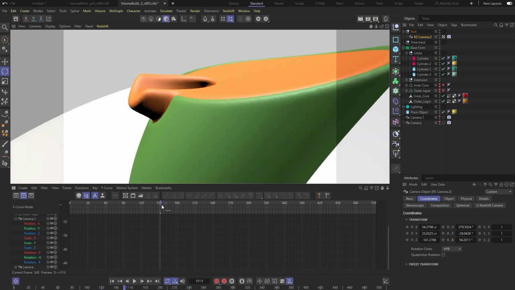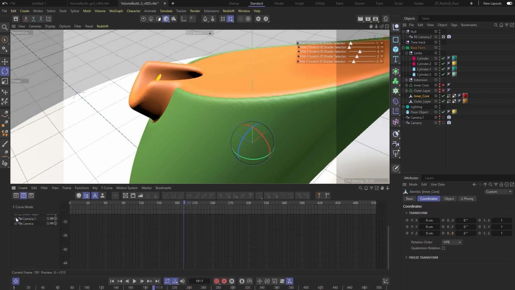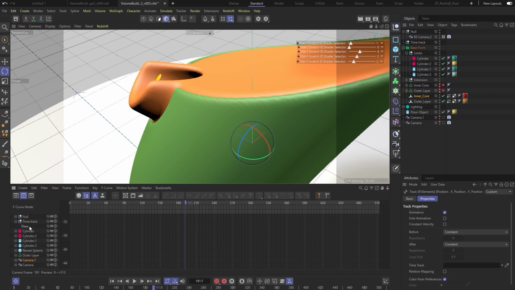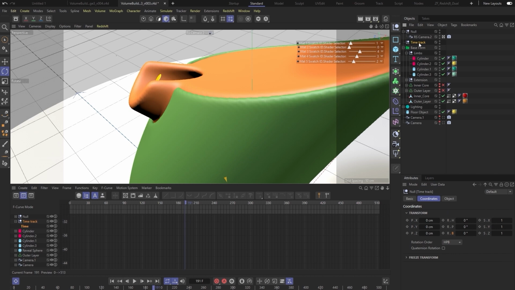So the title sequence was essentially a long sequence of shots built fairly similarly to what we have here. Another thing you may have noticed that I haven't yet discussed is this time track at the top. If you want to time remap, if you're familiar with the term in After Effects, you take the linear progression of frames from 0 to, say, 513 here, which go up by 1 frame every 1/30th of a second in this instance.